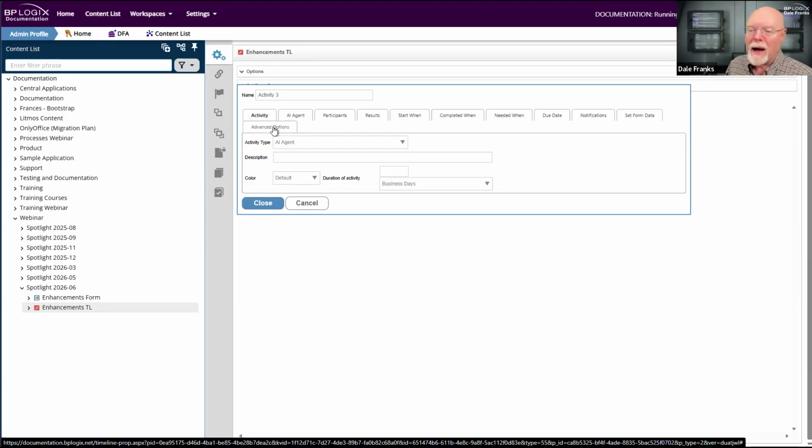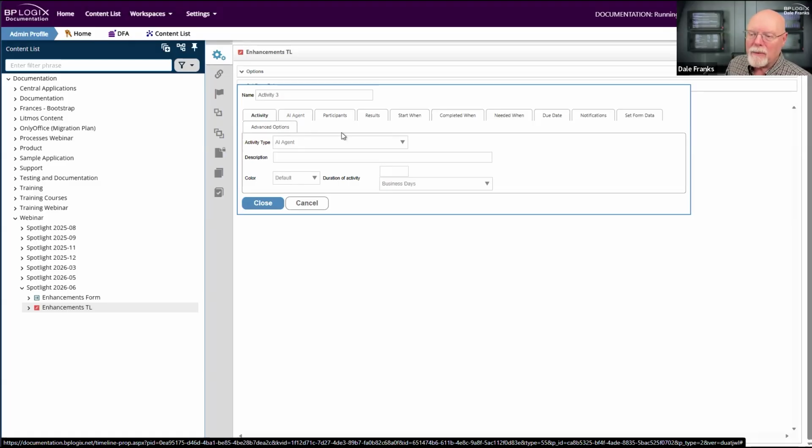And the reason that I have this second row of tabs is because there are 3 tabs that are applied whenever you use the AI agent activity. You still have participants, you still have results. So that is in addition to the AI agent tab.